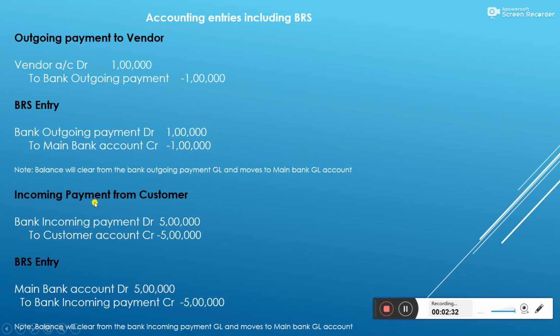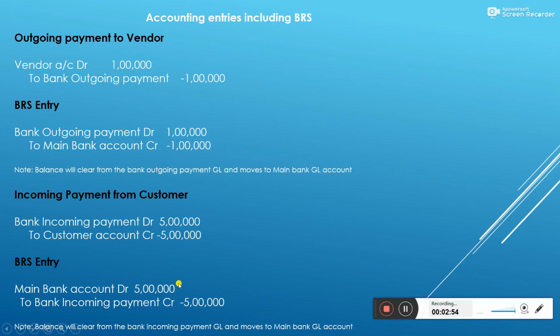Then let's say we have an incoming payment from a customer of 5 lakhs rupees. This is a normal entry, bank incoming payment. The amount will be deposited in your incoming payment GL account and the customer will be credited. After doing a BRS for this transaction, your main bank account will be debited with that much amount.